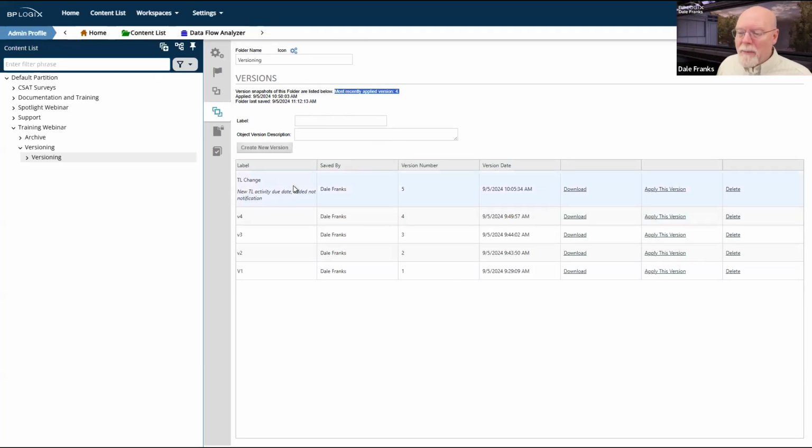And look, if I see a version 5 here, this is where it gets super confusing. I am actually in version 5. Version 5 is the current running version. But if you look up at the top, that doesn't appear to be what it's telling you. What it appears to be telling you is that version 4 is the most recently applied version. That's true in the sense that the last time I manually applied a version, that was the version I applied. It does not mean this is the version that's running. You're going to confuse yourself here.